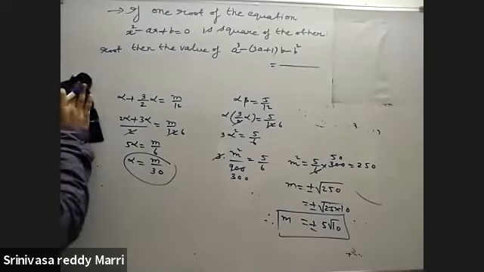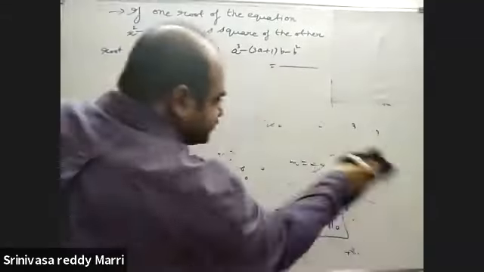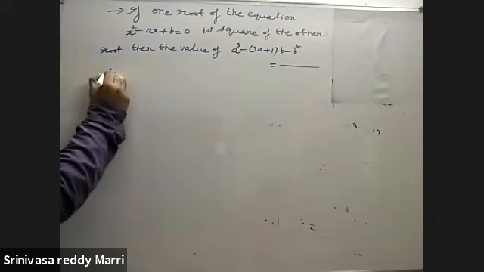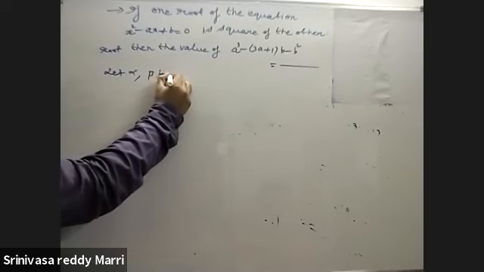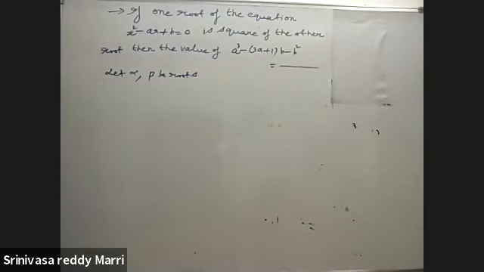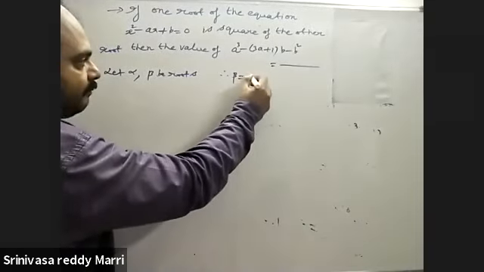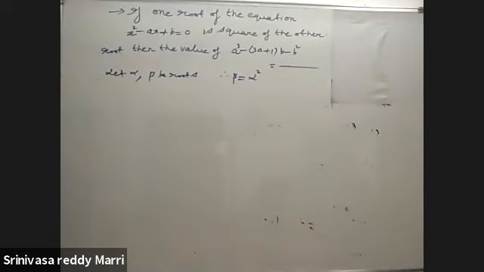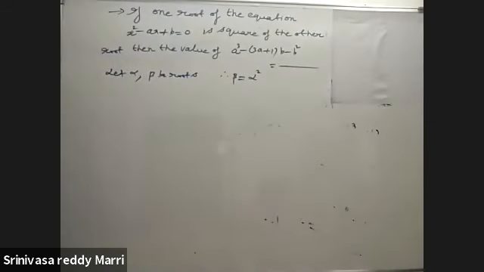Like that, numerical value questions will be asked. You know? So what is given? One root is the square of the other root. So let alpha comma beta be the roots. Now one root is the square of the other. That means beta equal to alpha square. Our approach will be writing the relation between them. Beta equal to alpha square.